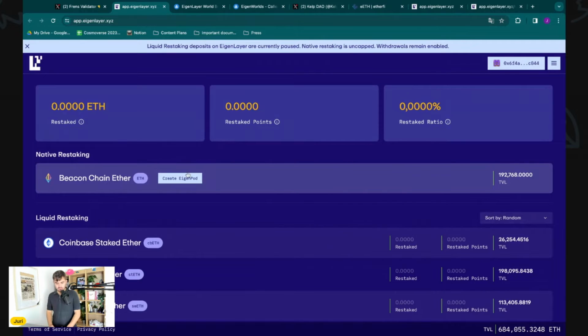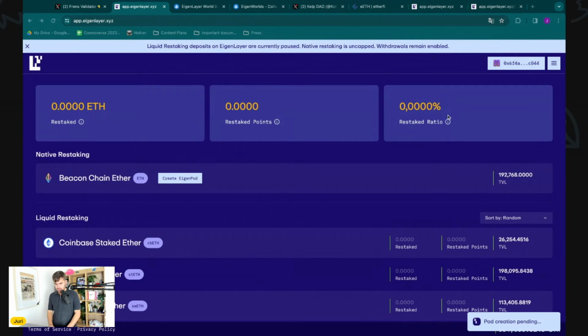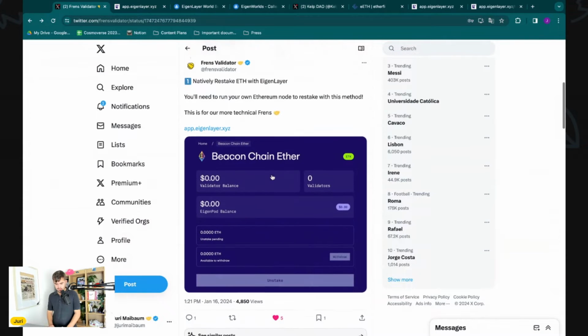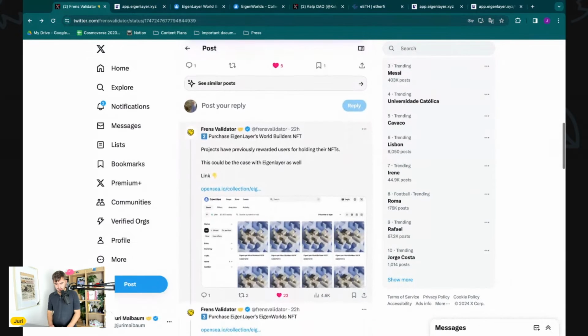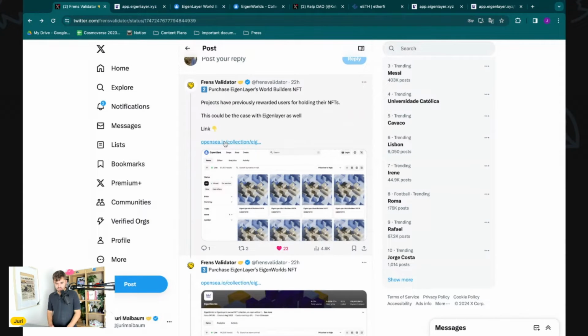What you could do if you are very technical, you can go ahead and create your own EigenPod. But the problem is that this is relatively technical and also very expensive because essentially you need to set up a node on the beacon chain on Ethereum. So this is not for us right now, but there are other ways to use EigenLayer and increase your likelihood for an airdrop. Another way is, for example, to go on